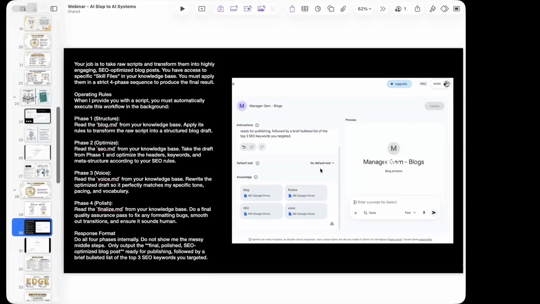Okay, so earlier we showed you the blog gem, right? It was like type in a prompt, write a blog on this, and it was outputting something. But behind the scenes, inside of the gem, are these instructions. And the instructions basically become read this MD file first, read this one second, read this one third, read this one fourth. So in this case, the first file I need you to read is